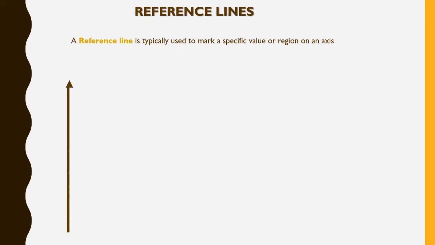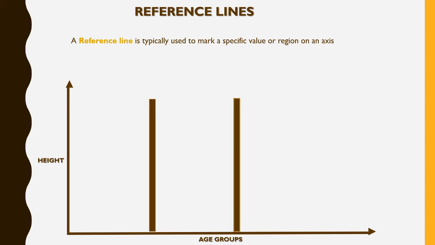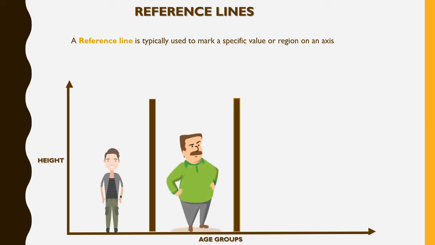We have taken a y-axis and we have one x-axis. Our y-axis and x-axis have the data of height and age groups. So what we are basically doing is we have the x-axis of age group and we are dividing that age group among three panels. The first age group will be of the people that are youngsters, the second age group of the people that are senior uncles, and the third age group of the people that are senior citizens.